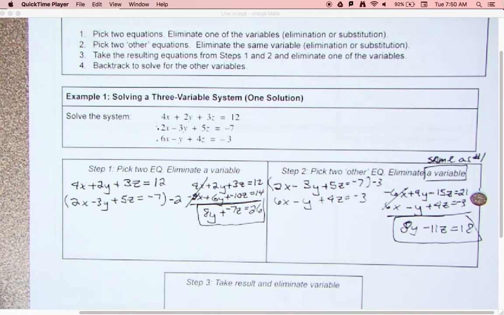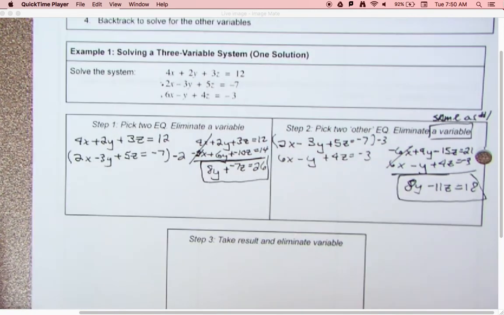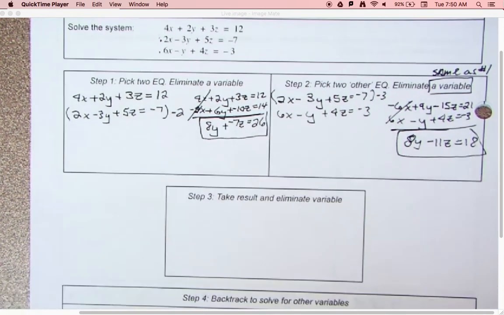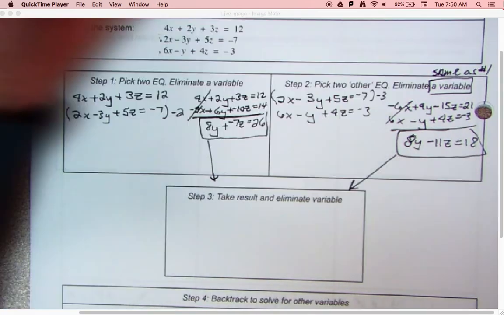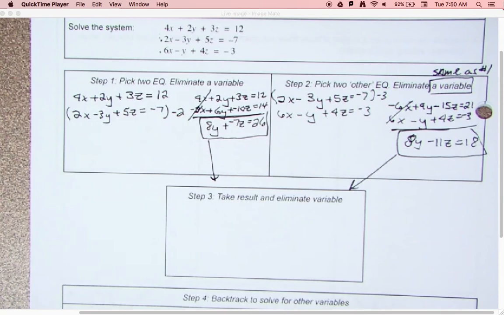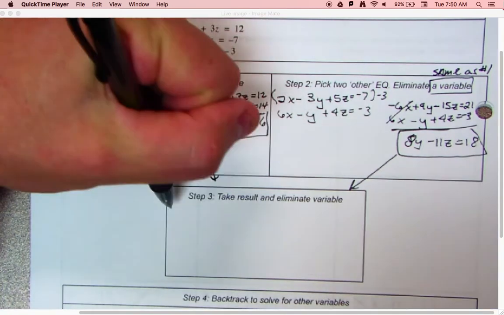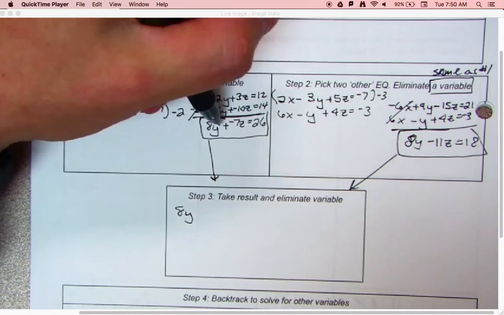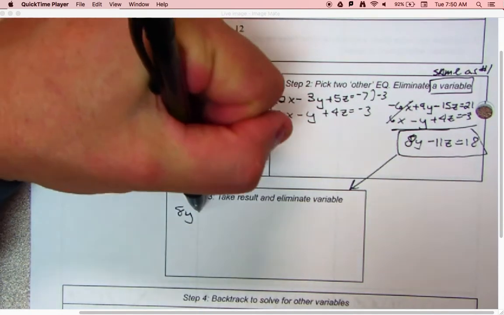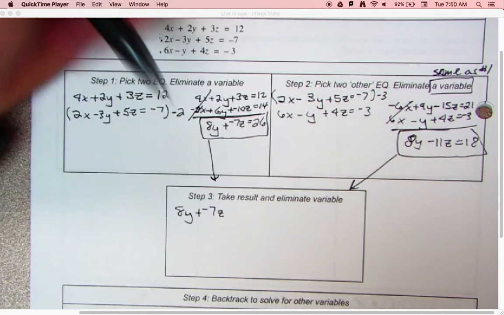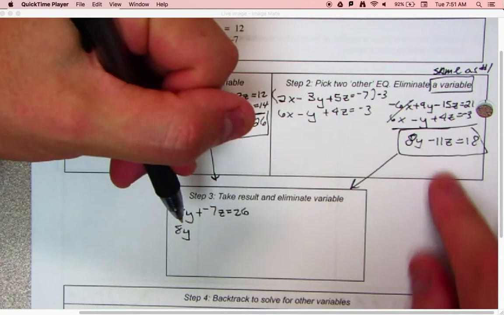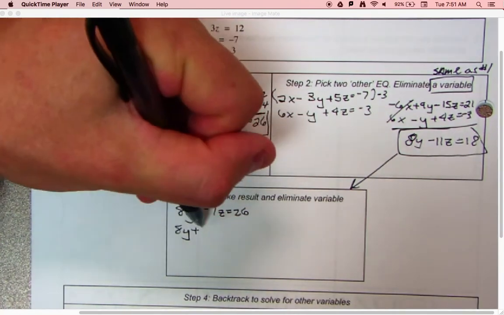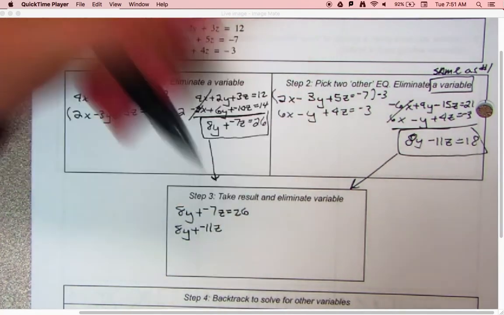Now, as we move to step 3, take the result and eliminate the variable. What we want to do is take each of these results and combine those, and we're going to eliminate one of the variables. This one works out really nice because if you look at this, I've got 8y plus negative 7z equals 26, and I've got 8y, and really this minus 11 over here is plus negative 11z, just writing it for consistency,